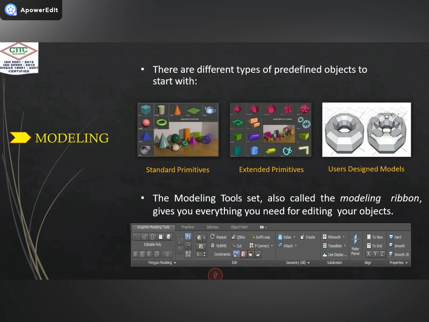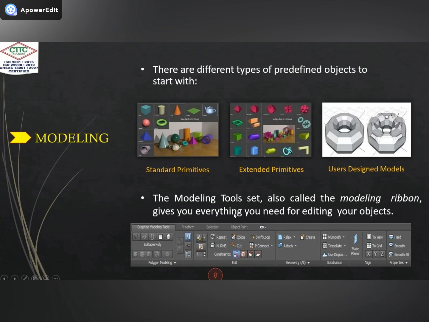When you go and do the modeling part, we need the primitive tools. The primitive tools include standard primitives, extended primitives, and user design tools. You can use the standard primitives. Here the standard primitive tools are: cylinder, pyramid, sphere, box, where box means cube, cone, plane, and one gift by 3ds Max, the teapot, and torus. You can use these models to build your building in 3D. You can also use the extended primitives to make your building, and you can use these modeling tools to create your building.